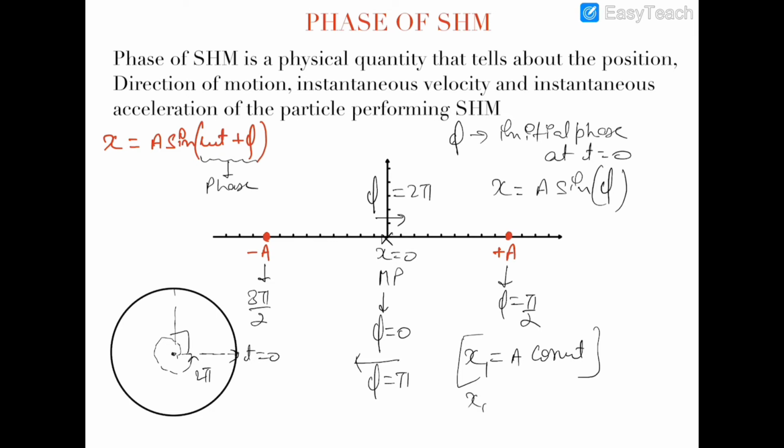So initially the particle is situated at plus a. This can be proved by one more technique: you can write x1 as a sin omega t plus pi by 2. Cos omega t can be written as sin omega t plus pi by 2, and you can see that the initial phase of this equation is pi by 2. So if we substitute t equal to 0 in this equation, the initial phase is pi by 2. So we can see that the phase of the plus a position is pi by 2, and initially this particle is situated at plus a.